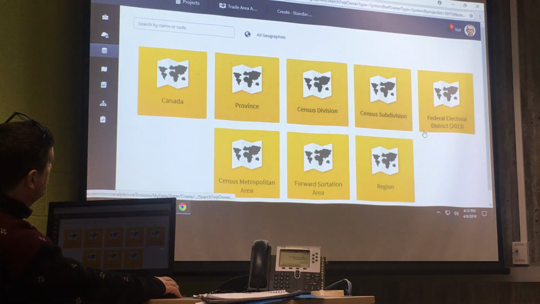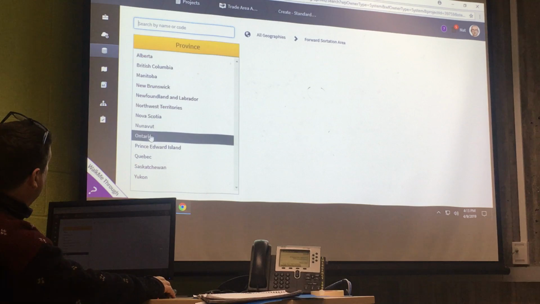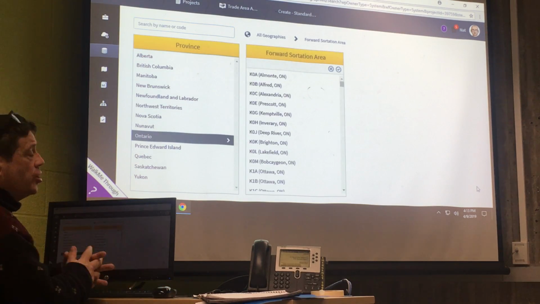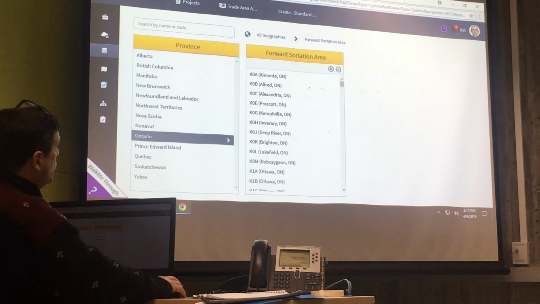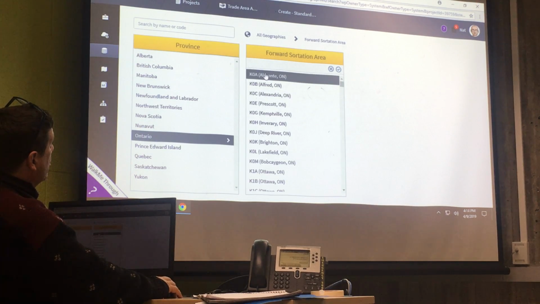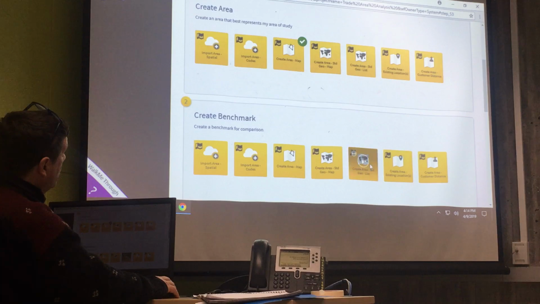And we could do forward sortation areas. What's a forward sortation area? It's the first three digits of your postal code. For instance, here is K0A. That would be the postal code of that area I just identified. So there are all kinds of permutations and